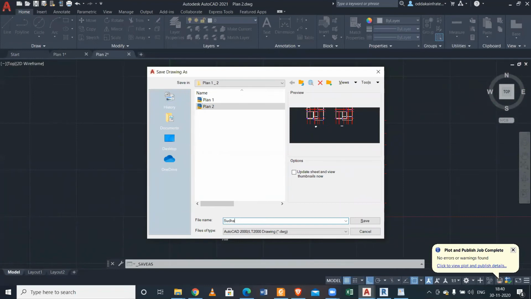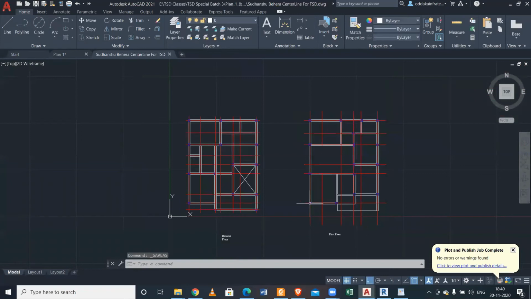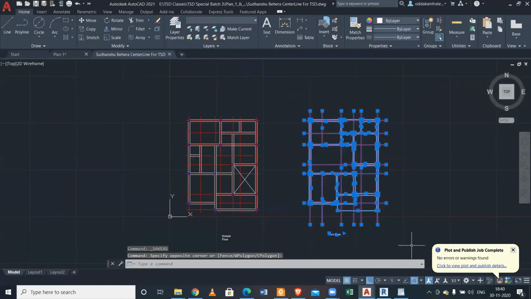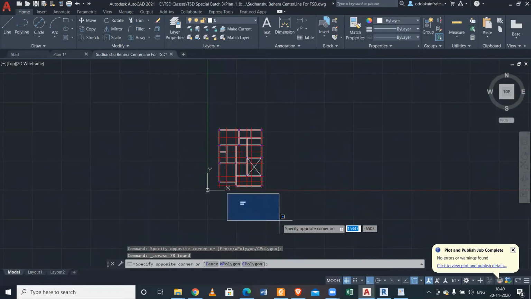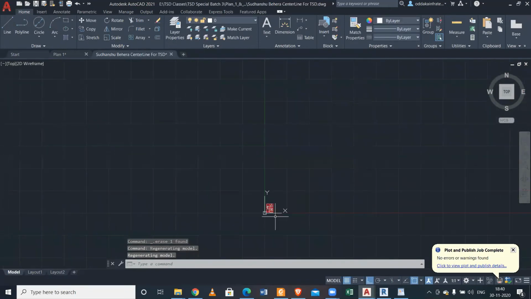Sudhanshu Behera, center line for THD. So this is Sudhanshu Behera center line for THD. We don't need this. And since it's the center line, it will contain only center line, so you don't need this and this one as well. So we've not done any other thing.